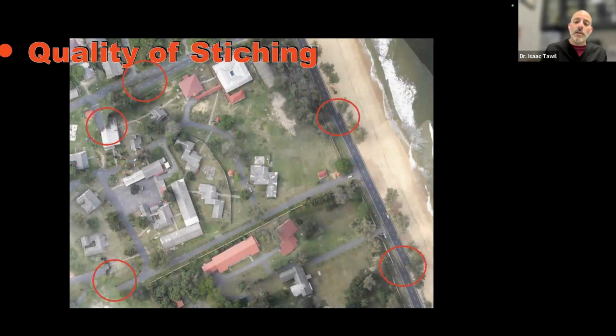So obviously the road on the beach does not just drift off into the middle of nowhere. It doesn't drop off a steep curb. That road on the left side is not driving right into a house. It's not a driveway. This is the errors of stitching. And even the house you can see is not done correctly.